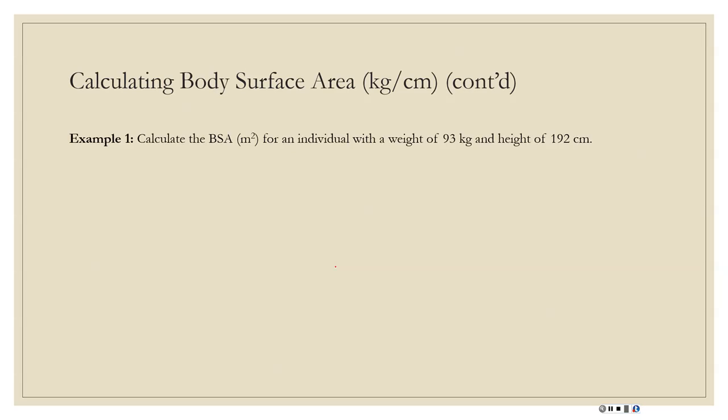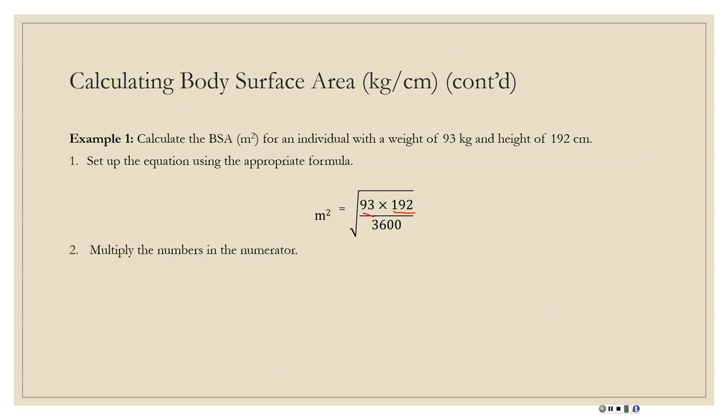So we're going to receive a problem such as this on the quiz this week, and we need to figure out how the body surface area is identified. So anytime that we're looking for that meters squared, again, and we have kilograms and centimeters, we're just going to go ahead and insert those numbers here. Our next step then is to multiply 93 times 192, and we get